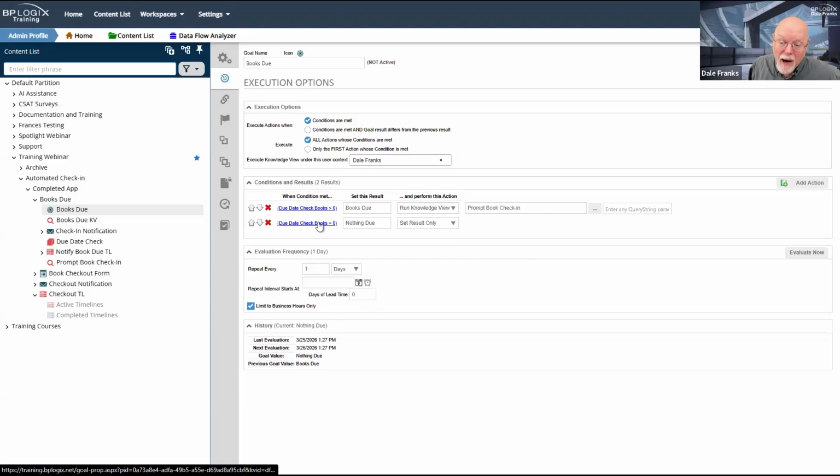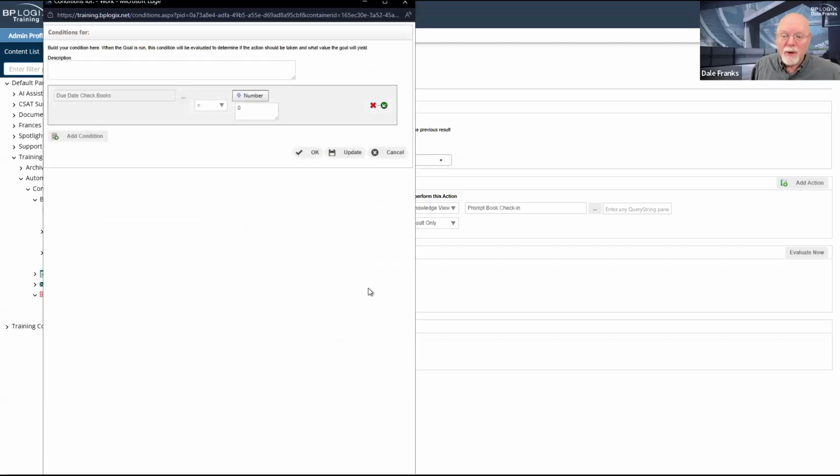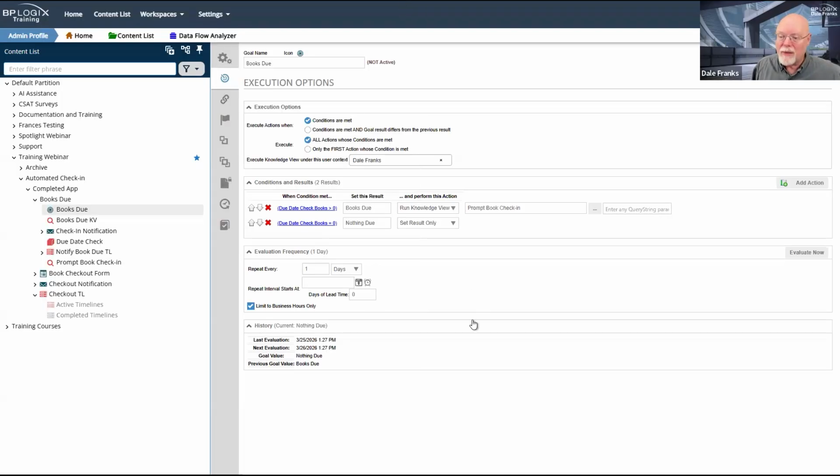Conversely, it might be that I have no books that are due, in which case the due date check books business value is going to return the 0 that I expect. Now, if I do get that 0, well, I do want to set my value of books due to nothing due, because nothing is in fact due. That's all I want to do. I only want to set the result.